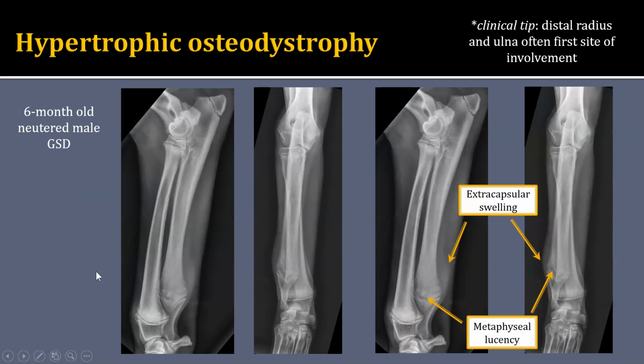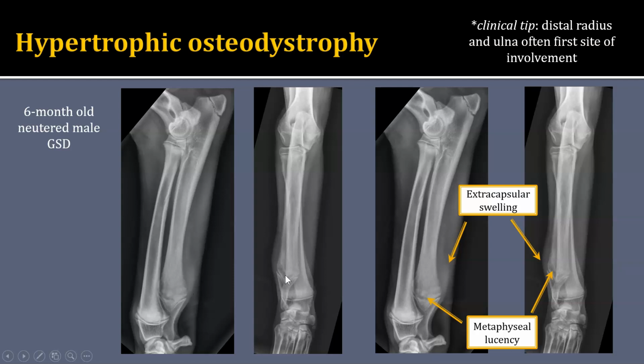Here's an example of a 6-month-old neutered male German Shepherd dog who has hypertrophic osteodystrophy, and this is fairly early on. The images in the middle of the slide here are the same as the labeled images on the right side of the slide. This patient has